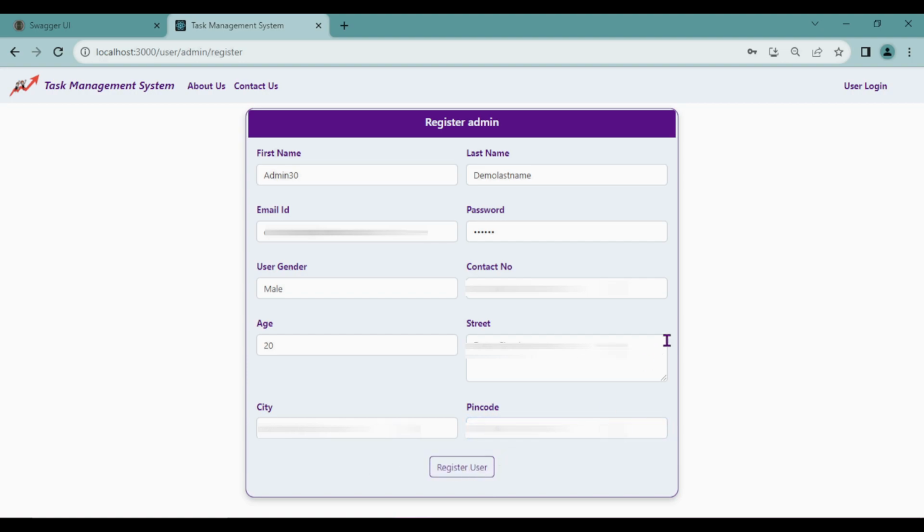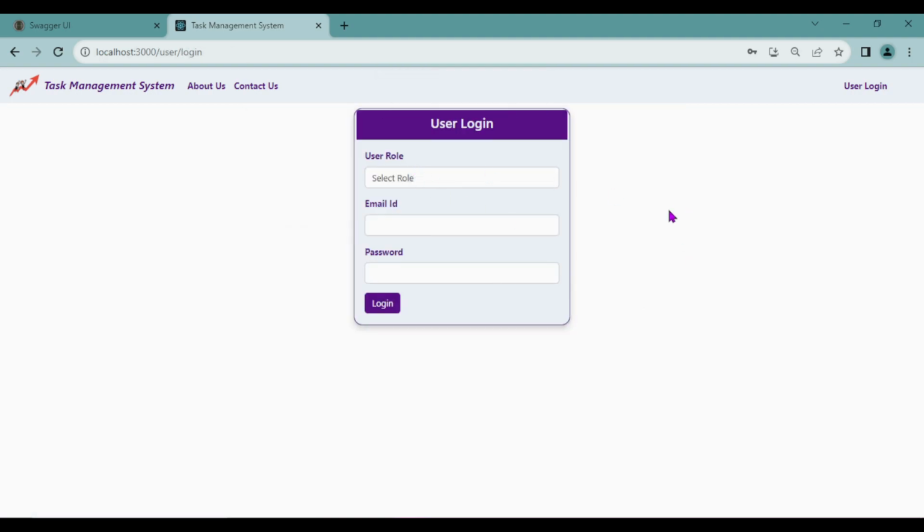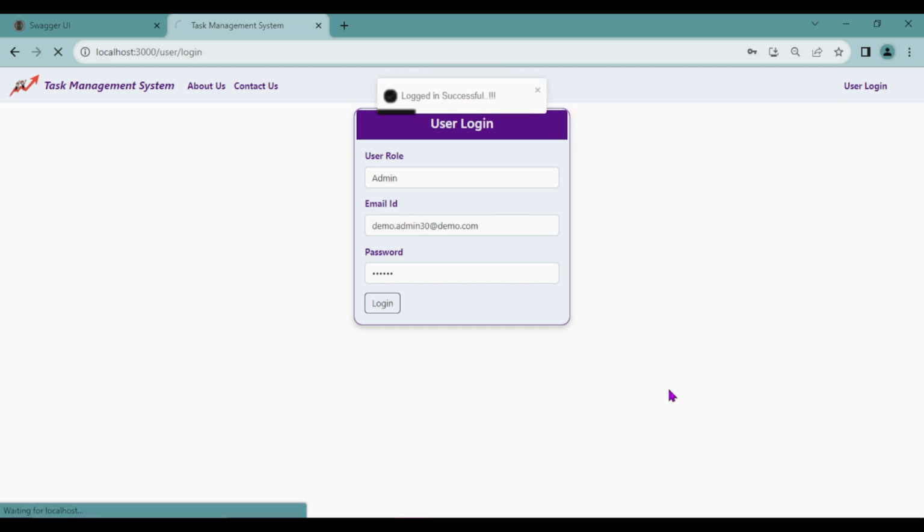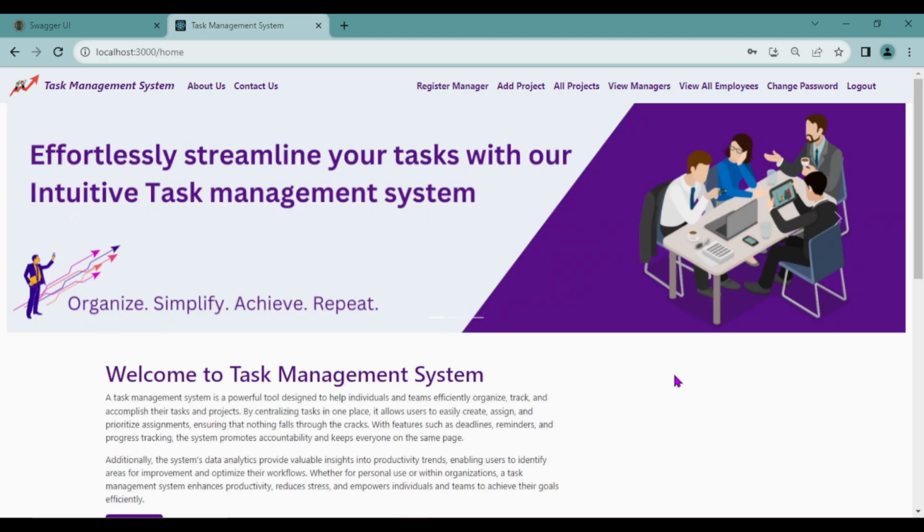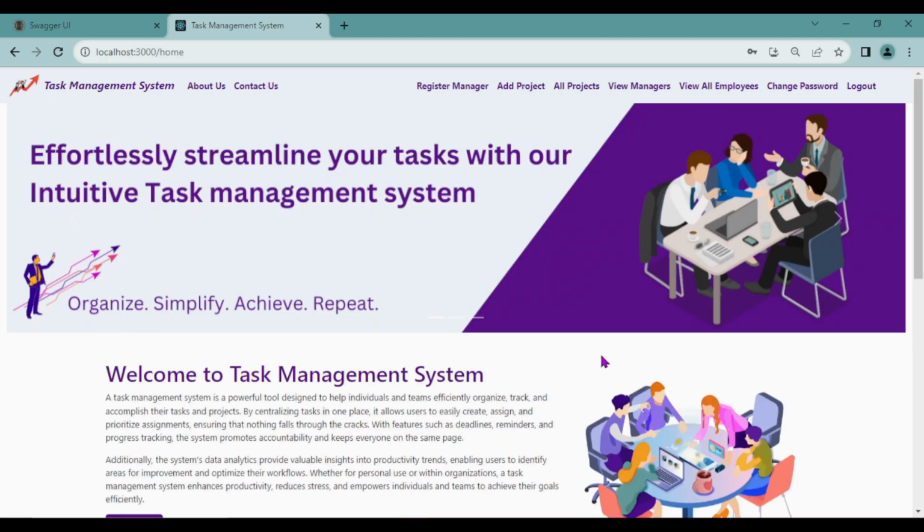Register user. Admin registered successfully, and from here we can log in as admin now. So I will use the same email ID here, enter the correct email ID, login. Login successful. After the admin login, we can see we have got multiple options in the navigation bar,